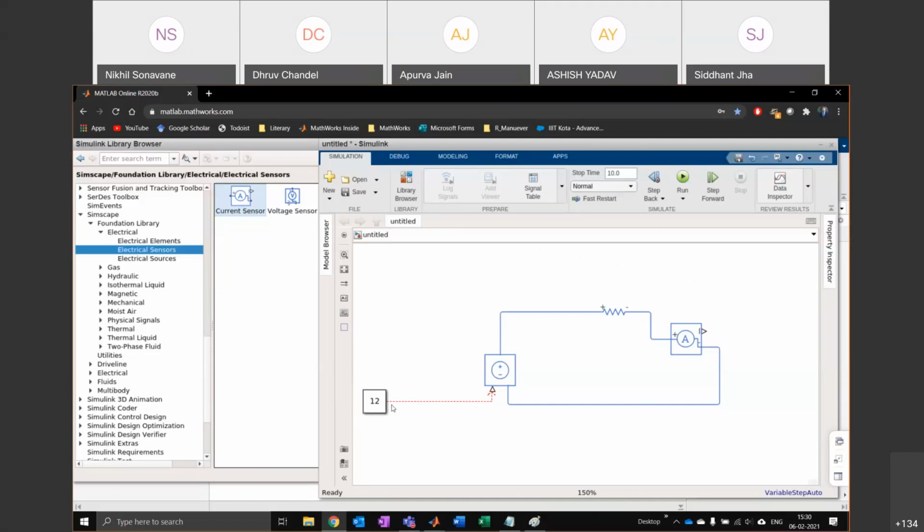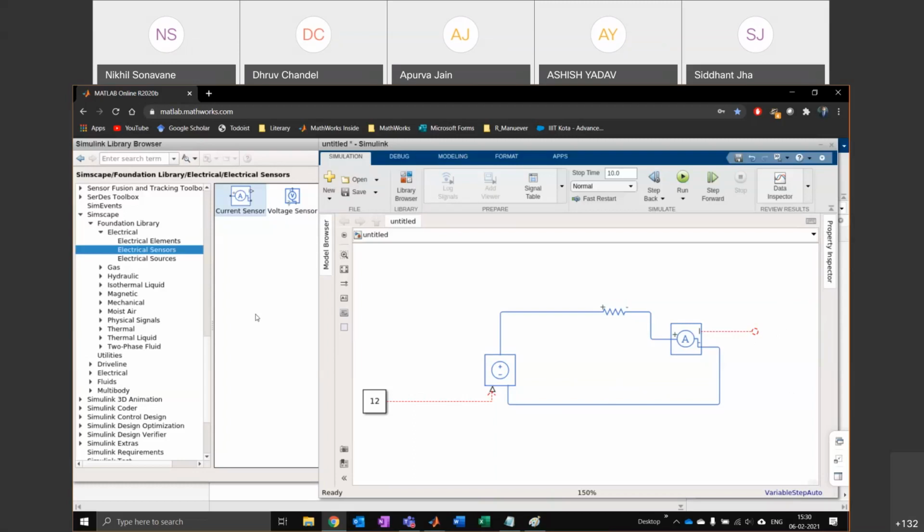So I have a signal which is like this red line or this black line. This is a numerical value, but it will not be able to connect into my electrical circuit because this is actual physical hardware. You can't feed a number into a wire, you have to convert that number into a physical signal. In the same way, if I try to take the measurement out, I cannot put this directly into a scope because this is a physical current value. I need to convert it into a number.